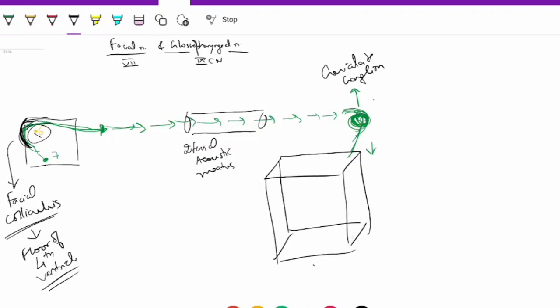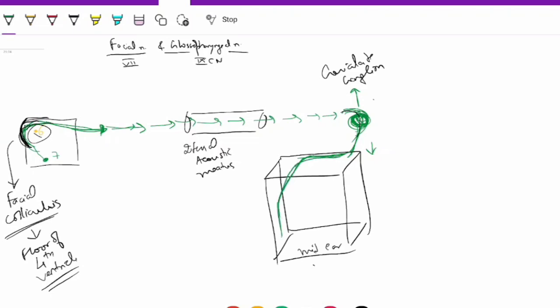Now there is a box over here. This box is nothing but the middle ear. Let's imagine this box as the middle ear. As soon as your facial nerve travels laterally and inferiorly, it enters into your middle ear and travels something like this along the medial wall superiorly, then it goes diagonally like this along the dorsal surface, goes this way,